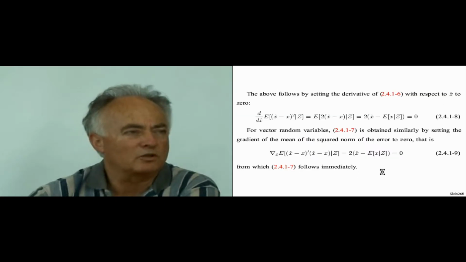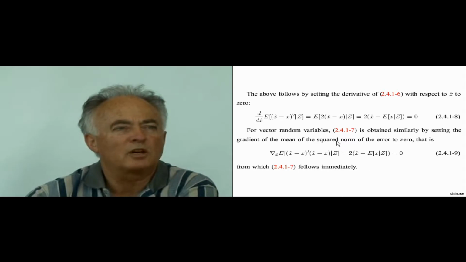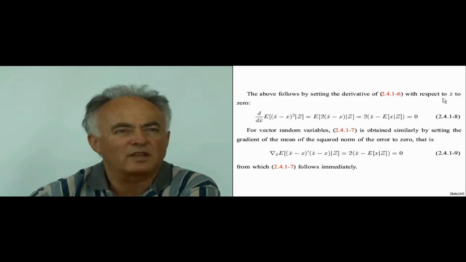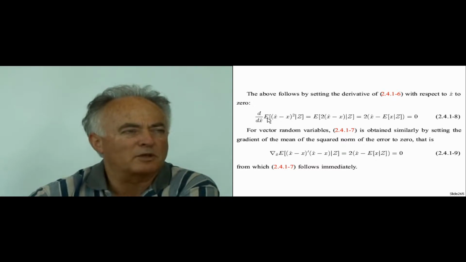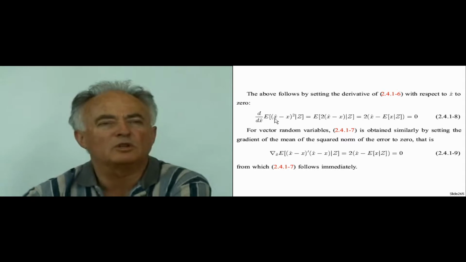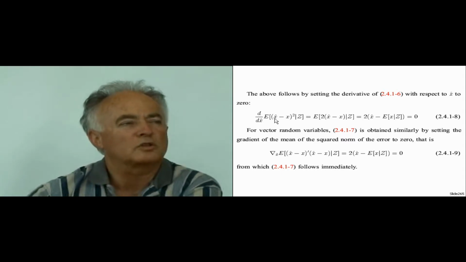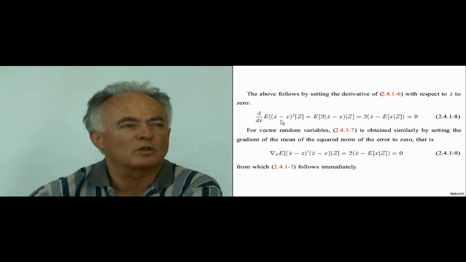How do I obtain this? If we take the mean square error as defined a moment ago and take its derivative with respect to x hat and set it to 0, so d over dx hat of the expected value of x hat minus x squared given z, we treat now x hat as a function to be determined. So take a straight derivative with respect to x hat, you end up with a 2 after passing the differentiation